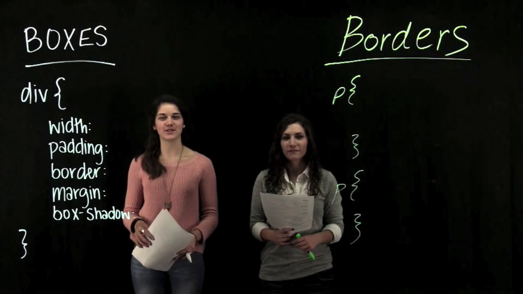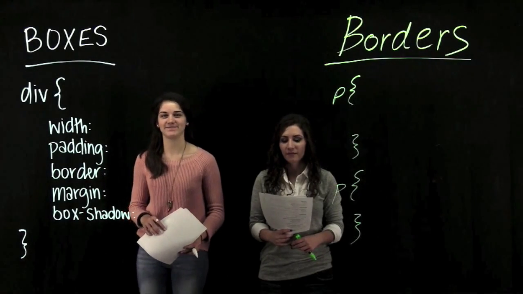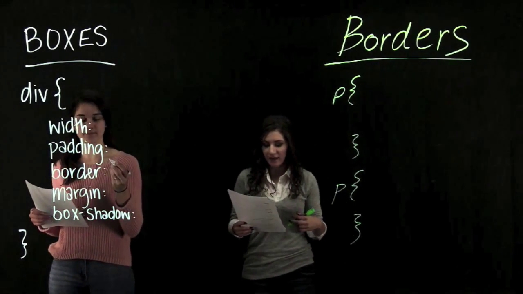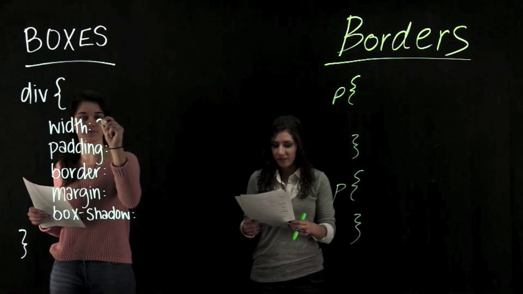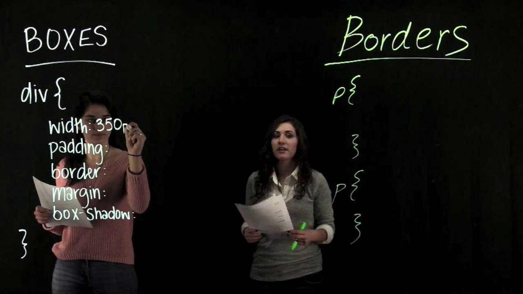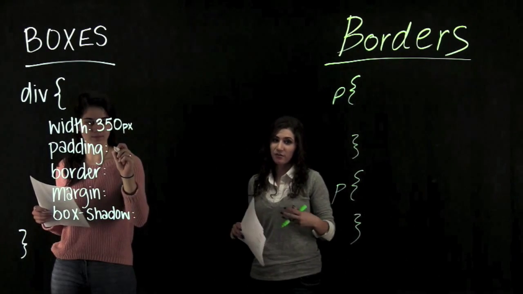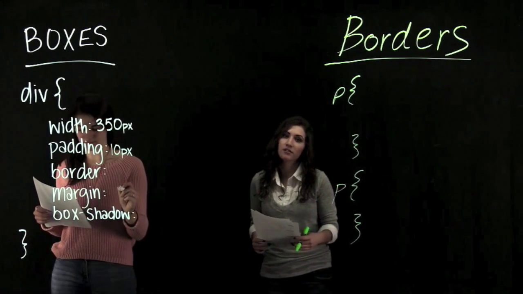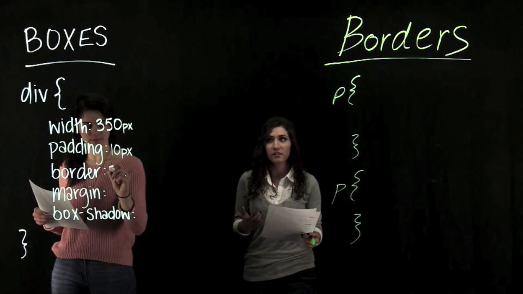Here we'll show you some examples of basic elements. So the easiest way to create a box element would be using a div element. The typical div features are width, padding, border, margin, and in this case we're doing an extra one, box shadow. That's just an example of some extra styling techniques that you can use to customize the box that you create